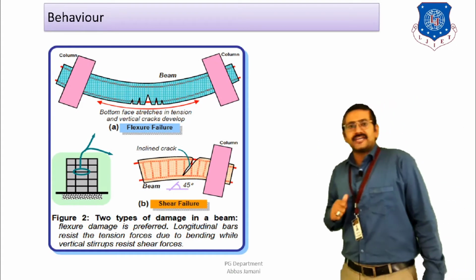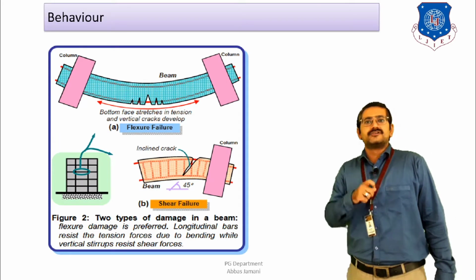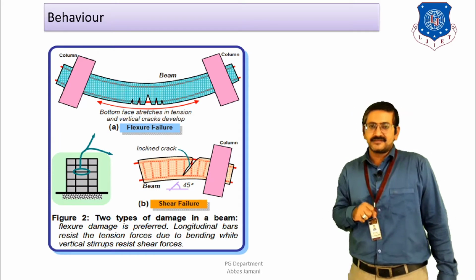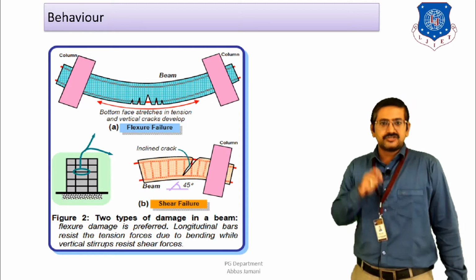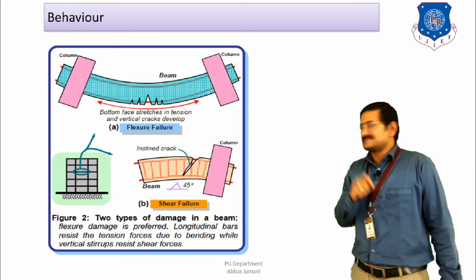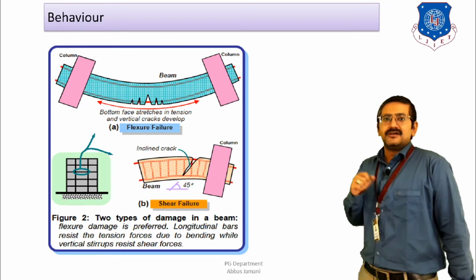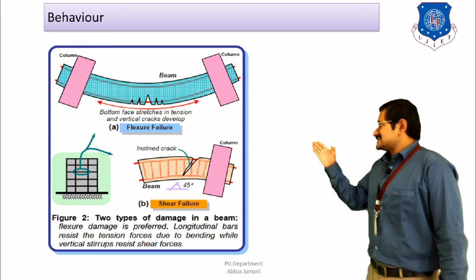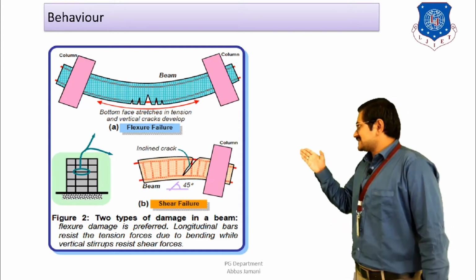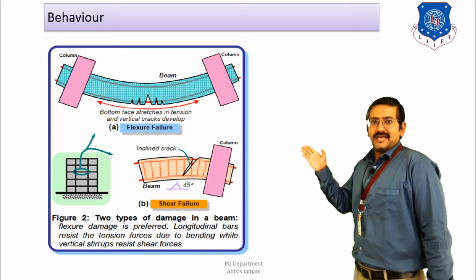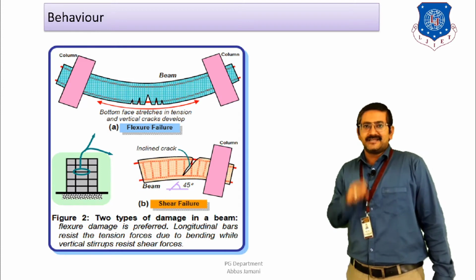So now when I am talking about beams, when these particular beams are subjected to loads, two types of failure are likely. The first failure is known as the flexural failure, and the second failure is known as the shear failure. We will try to understand both these failures by means of the sketch that I have shown over here. In figure A, the flexural behavior of the beam is shown when it is subjected to loads. As you can see, a crack is going to develop at the bottom of the beam, near the bottom reinforcing bar, and from there the failure will be initiated. But if you want to see exactly this type of failure, then there are two criteria.